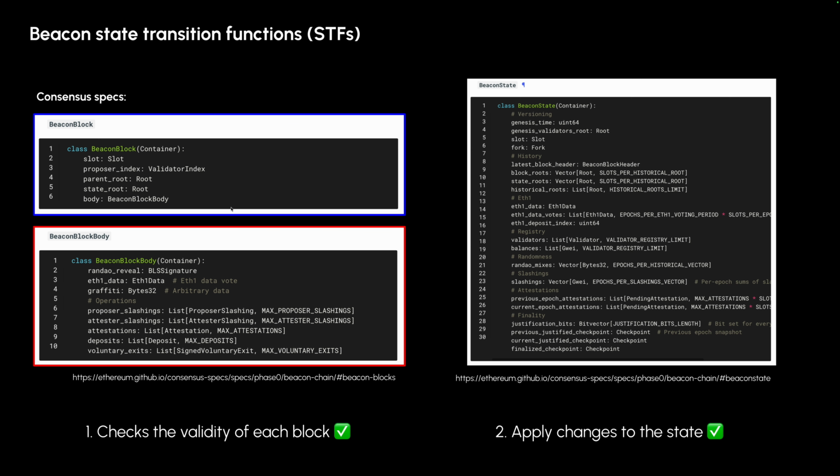Two things that are important for this session: be aware that there's the beacon block, and inside the beacon block you have the slot, proposer index, parent root, and so on. You have the beacon block body, which contains the actual substance of the block, and on the other hand, you have the beacon state. The block doesn't represent everything inside Ethereum or the consensus layer. There are some things that exist